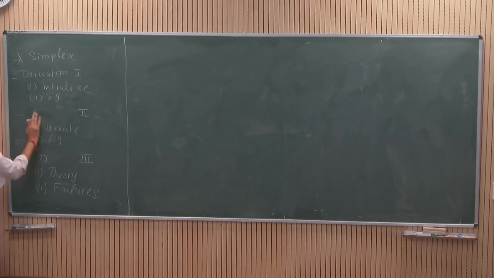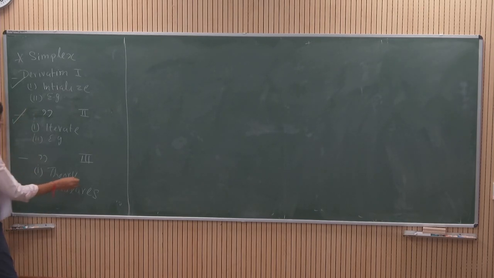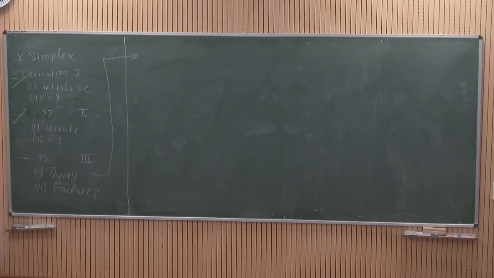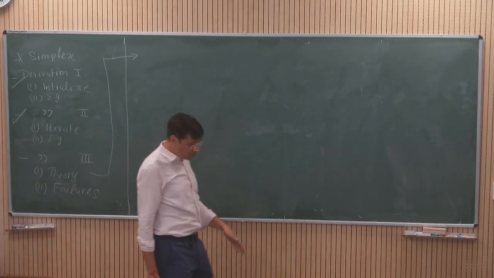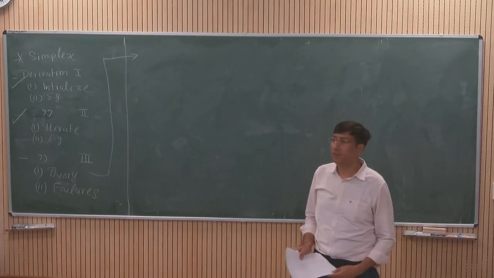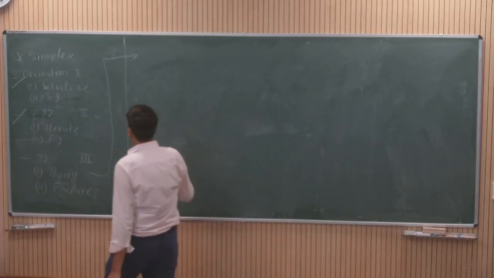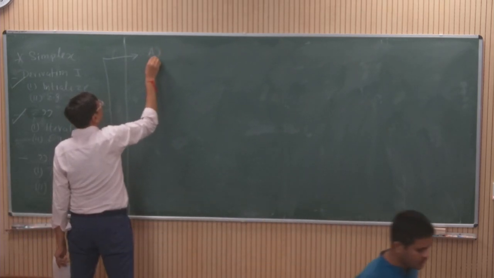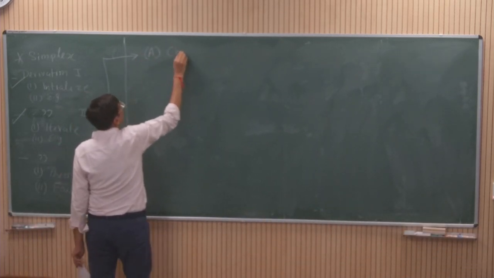Okay, so we saw derivation 1 with initialization example, we saw derivation 2 with iteration and example. Now we're doing derivation 3 where we're going to do two theory things. One is straightforward, the other one is slightly heavy, and then we'll talk about 3 failures of an LP: infeasible LP, unbounded LP, degenerate LP, where the simplex fails. Okay. So to do the theory, we'll do two things here. The very first thing is that the choice of,